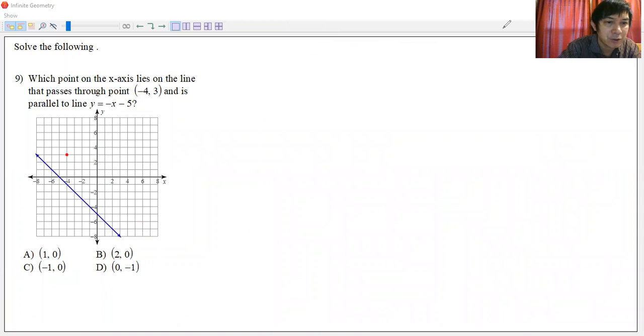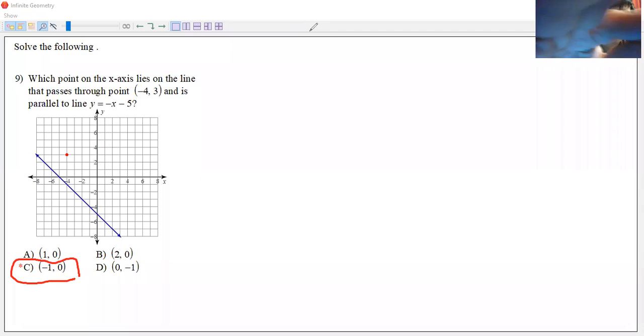All right, let me show you the answer. There, the one with the asterisk. There, okay, negative 1, 0. Before we proceed to the next number. All right, let's continue with the next number. Clearing the screen again and going to the next.